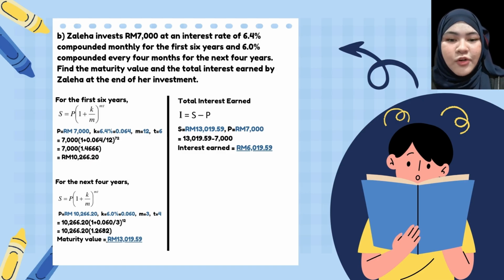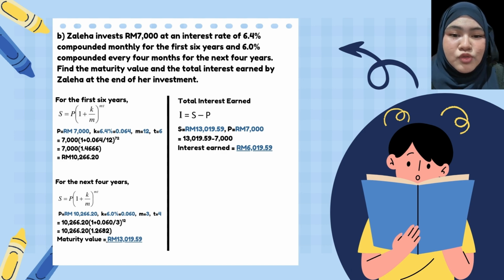Then for the next 4 years, you need to use the same formula and put the P with 10,266 and 20 cents. Then you put the right amount like stated in the video and calculate the one in the bracket first, where you'll get 1.2682 and times it with 10,266 and 20 cents to get the maturity value 13,019 ringgit